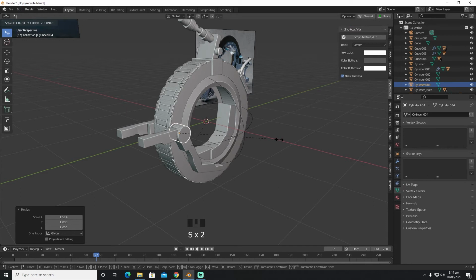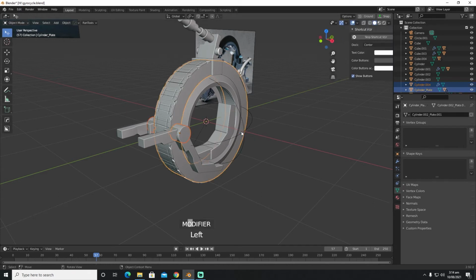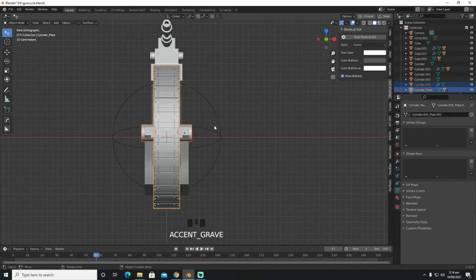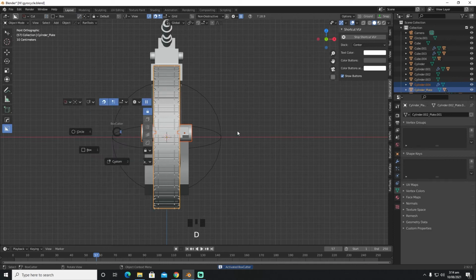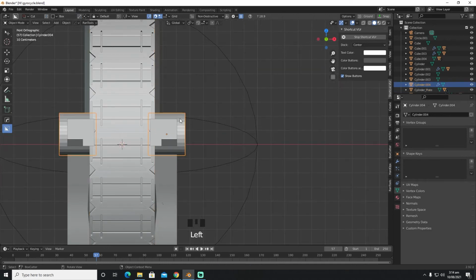Let's scale him up a bit more, and let's select this and modify and mirror it to the other side. Let's go to the front view, Alt W, and we're gonna select box cutter, and we are going to press X. I'm gonna slice this,